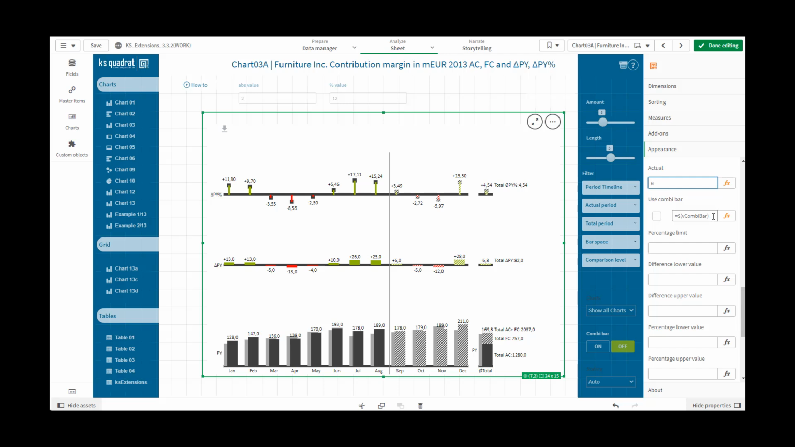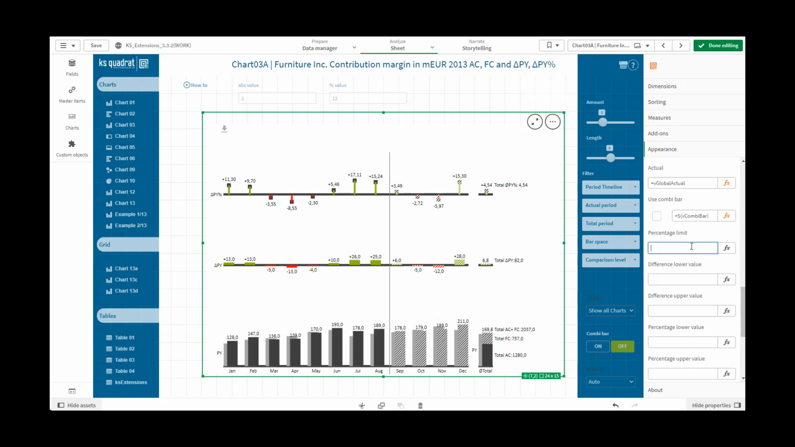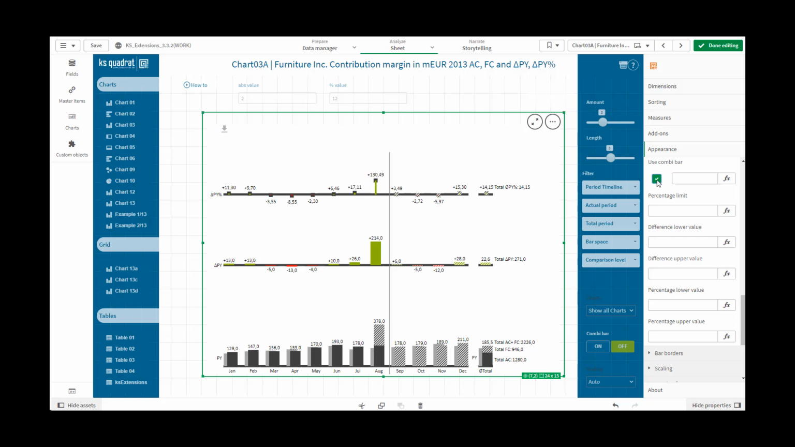Actual property defines actual period versus plan. Highlight line defines where the actual period starts from the left side and where the calculation begins on the right side of the chart. Combi bar: by using combi bar, you get an option to show additional bar values in the actual